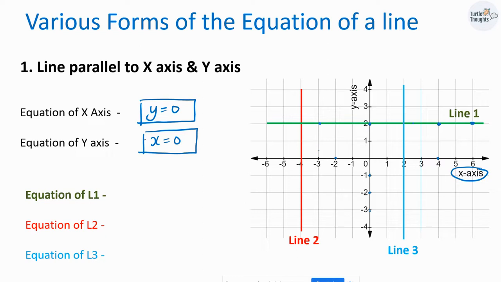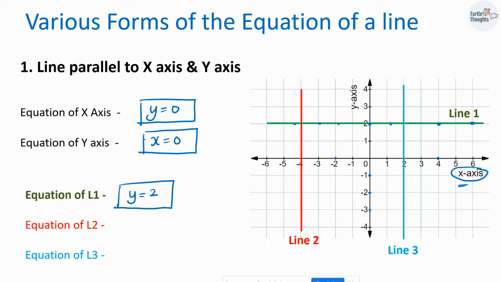What do we observe? We observe that x value can change, right? But what is the y value? Y value is 2 all over the line. Any point on the line, the y value is 2. So equation of the line L1 can be written as y is equal to 2, because y is not changing in